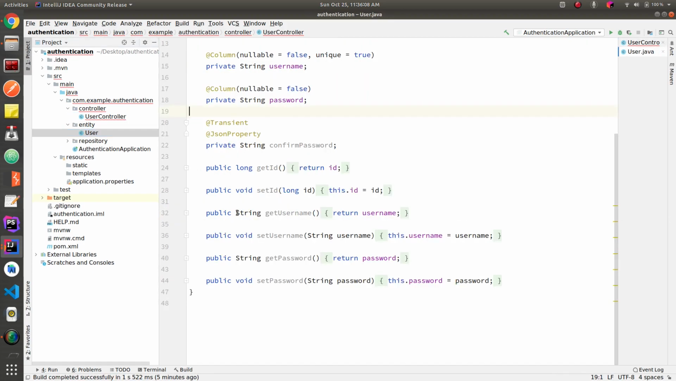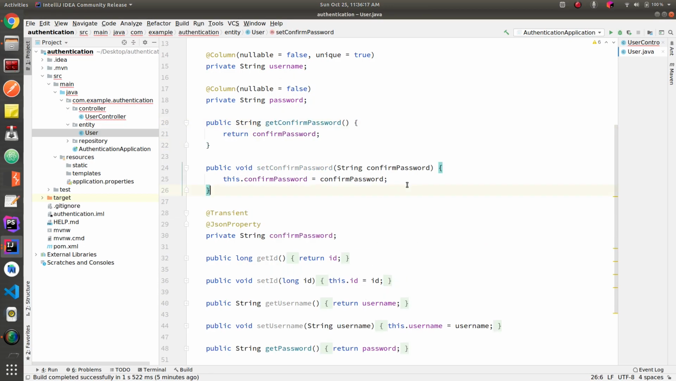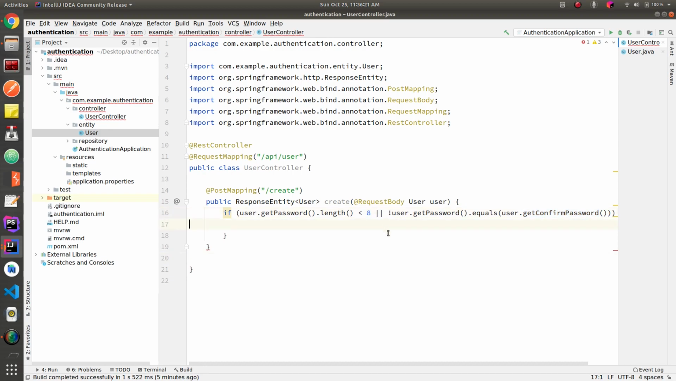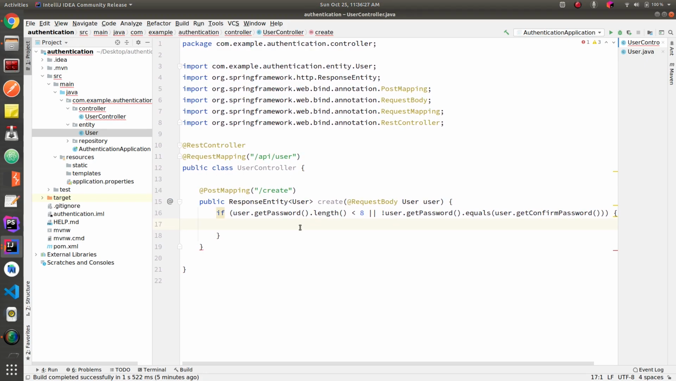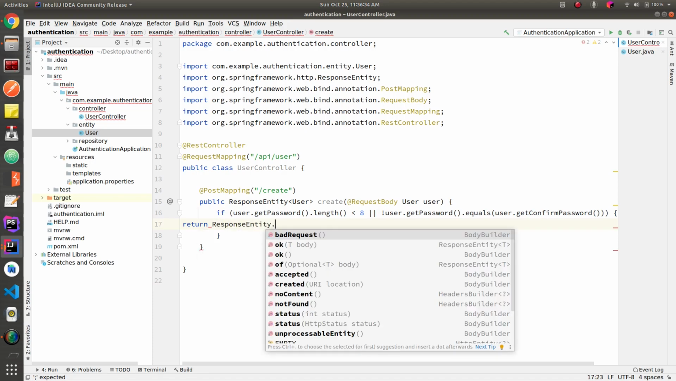Let's go to our user entity and add a getter and a setter for the confirm password field. Let's go back to our controller. I'm going to return here ResponseEntity.badRequest().build(),